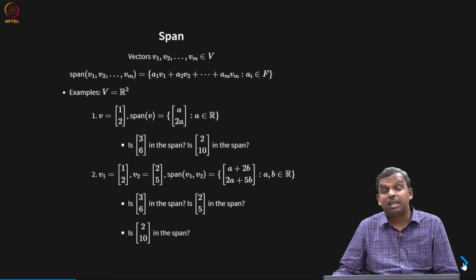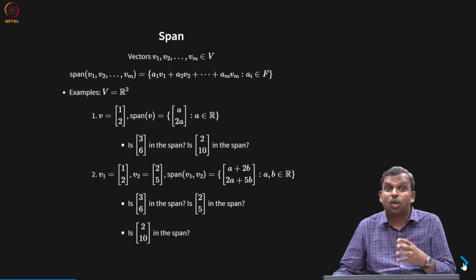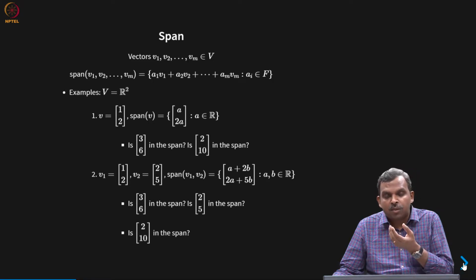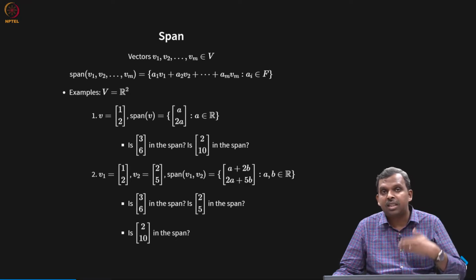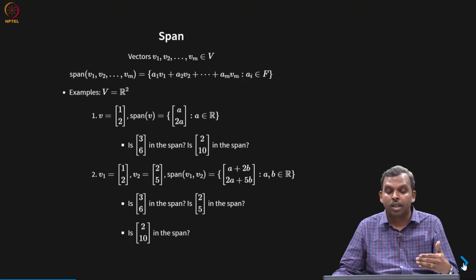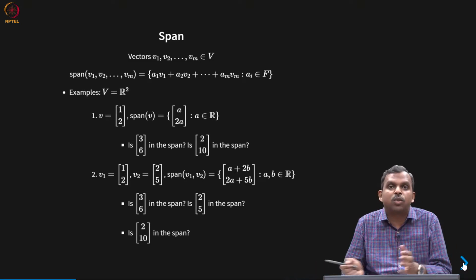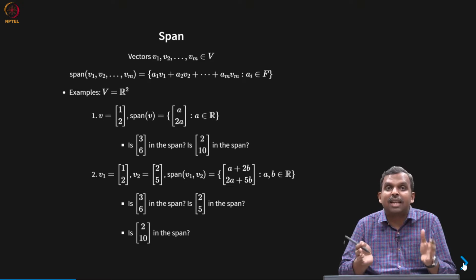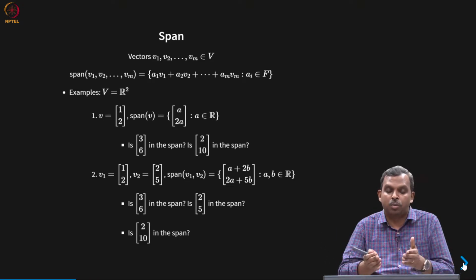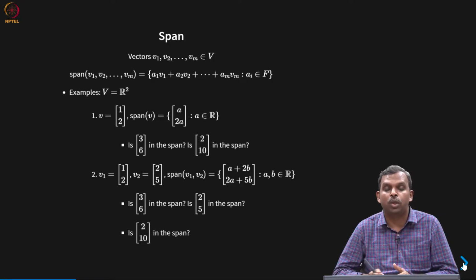Okay, so the next comes the idea of span. This is sort of related to what I alluded to in the previous slide, as in you start with a small number of vectors and you can do these linear combinations to generate a whole bunch of other vectors. So you collect all those vectors together and put them together in a set, and that becomes the span of the vectors you started with. Supposing, for instance, you start with v1, v2 till vm from your vector space V, the span of those vectors